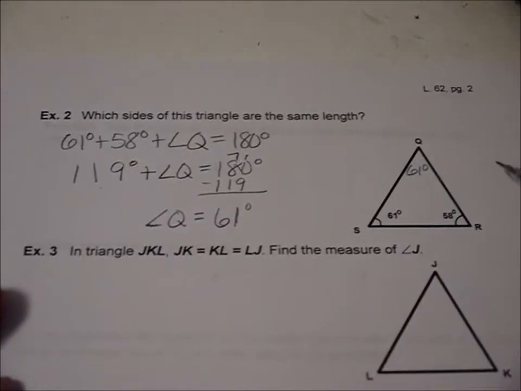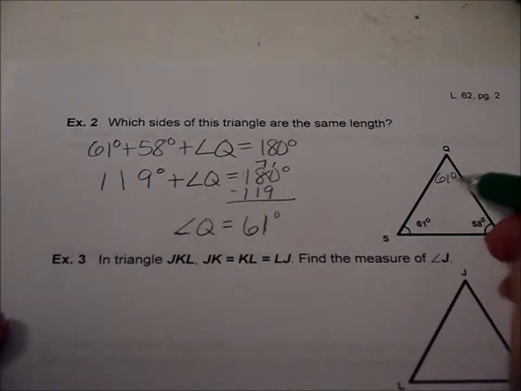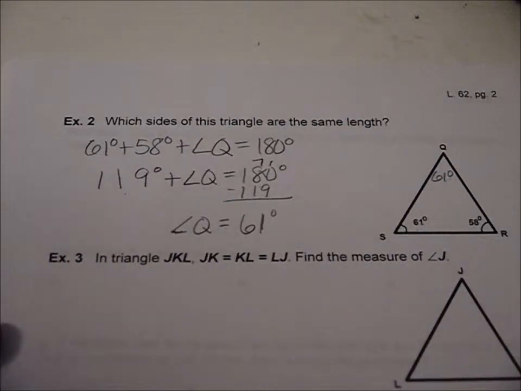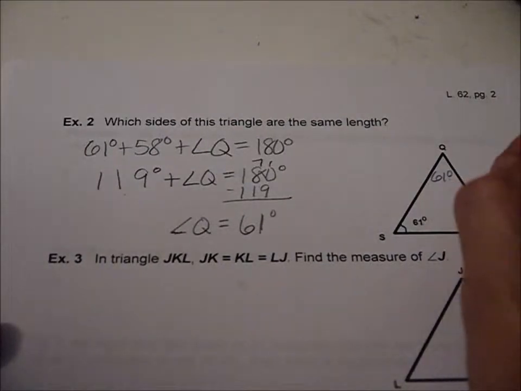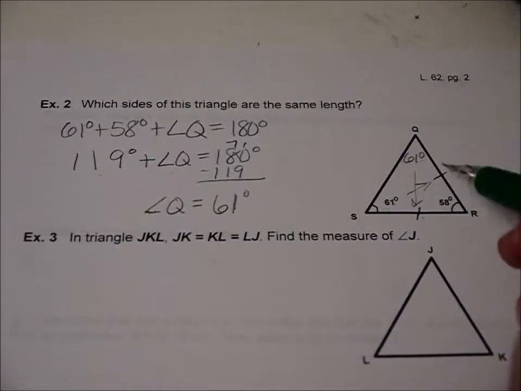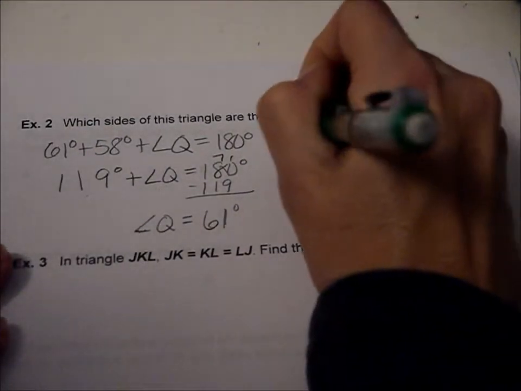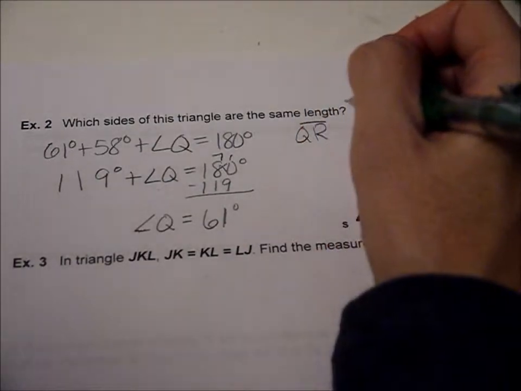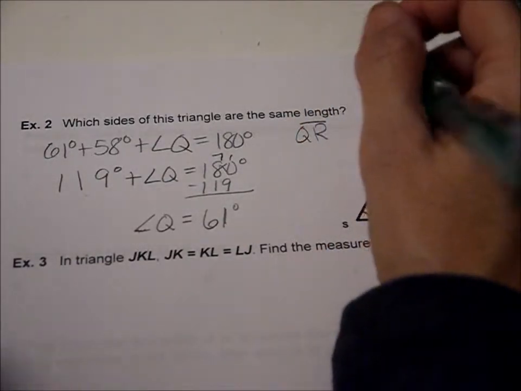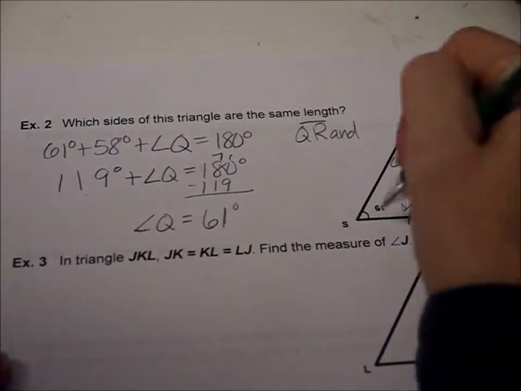All right, so I was hoping that, because they said we'd have two sides that are the same, we need to have two angles that are the same. So if we have two angles that are the same, their opposite sides are also the same, the opposite side to him and this side. These little tick marks mean that they are equal. I know we've talked about that in class. So which two sides are equal? That would be QR and SR